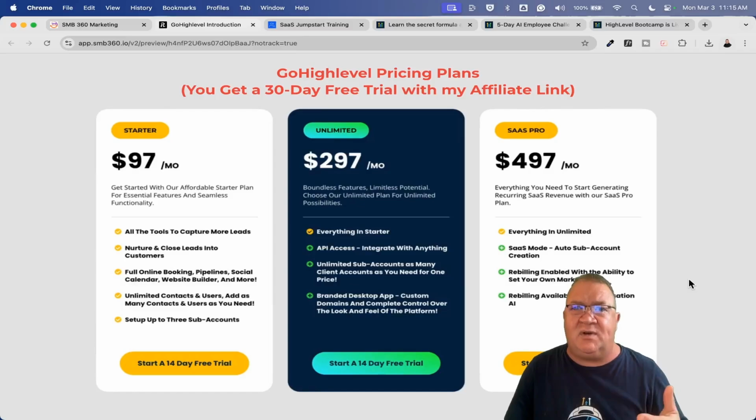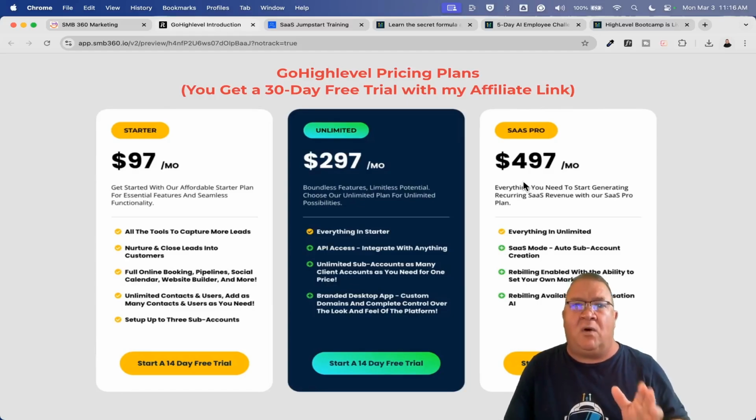And once you get those 2 clients, then those clients can afford to make you jump up to the SaaS Pro, which is $497. Now, by the way, I always recommend getting to SaaS Pro as soon as possible. There are so many benefits for this. Automation, rebilling, and the extra money that you can make at that level is crazy stupid. I've got some other videos on my YouTube channel that go over it, but just get to SaaS Pro as soon as possible. So if you go to the starter plan, start there. That's your lowest plan. Get 2 customers, and then from the starter plan, upgrade to SaaS Pro. That is my personal opinion about this.